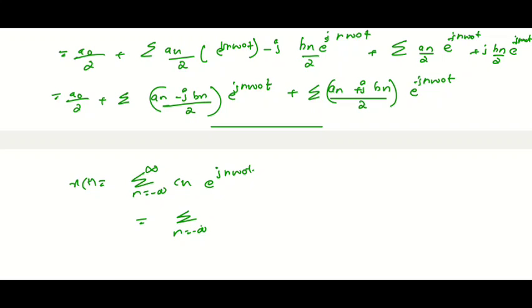If it is negative to 0, okay, let it be minus 1, 0, we will write c of minus n e raised to minus j n omega 0 t plus